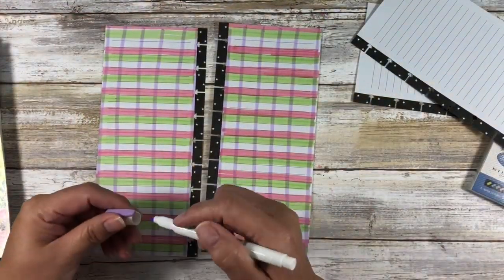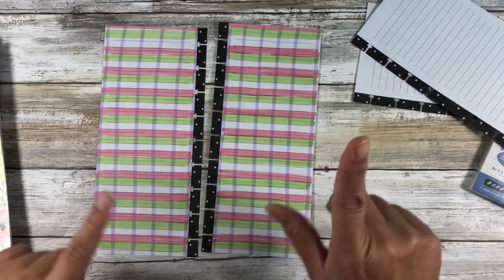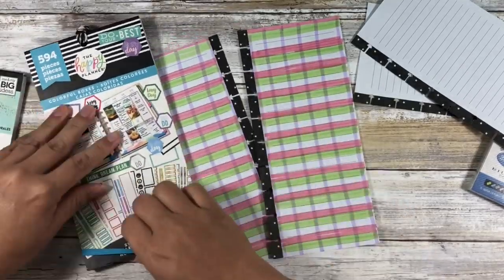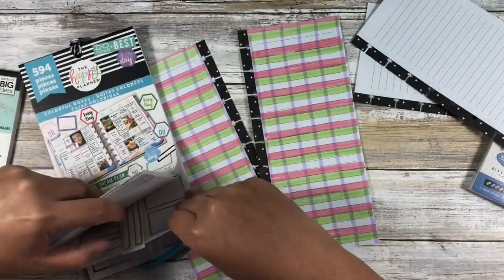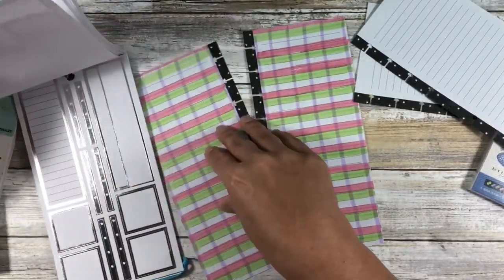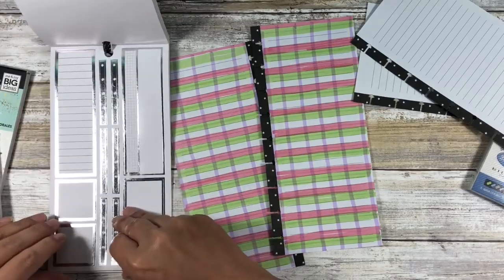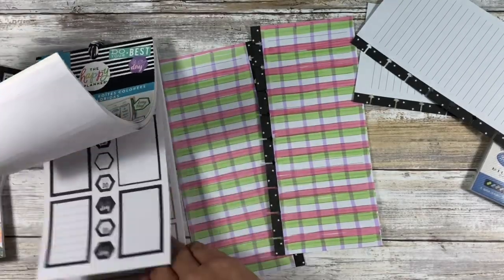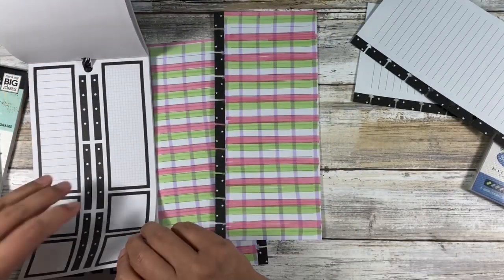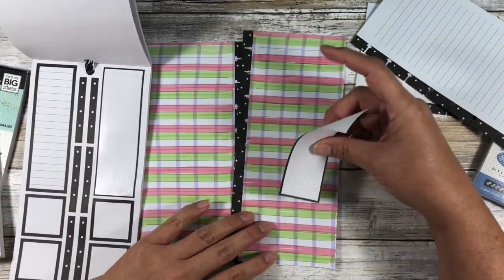Now you're probably wondering, Johanna, this isn't a coloring book, this is a planner. And you're right. So I'm going to bust out colorful boxes, and we are going to make ourselves some functional space. And I don't typically use a lot of silver, so let's use some of these. Now silver doesn't actually necessarily go, I just noticed that. So let's look at black. So we are going to use this big one here,